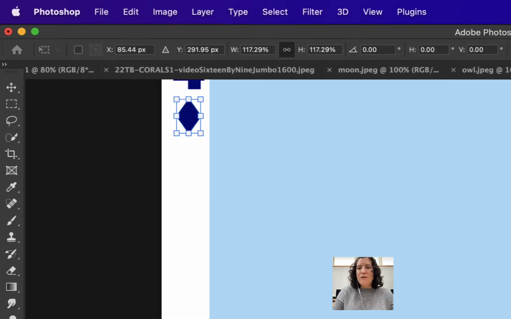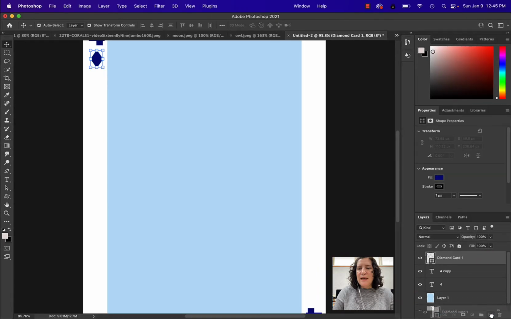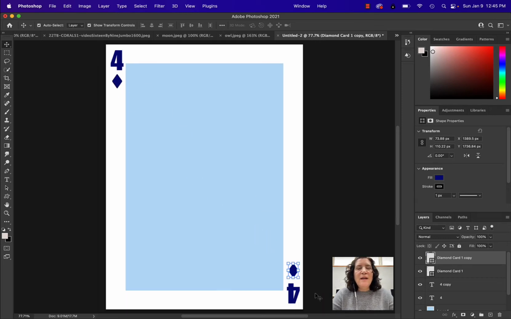And again, I want another diamond, so I'm going to duplicate that in my layers palette by just dragging that to the new layer icon. That will put it right on top, and I can just move it down here into place. Okay, so now let's move our attention to the center